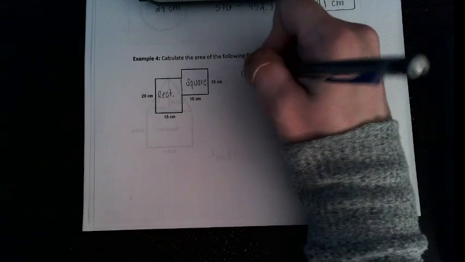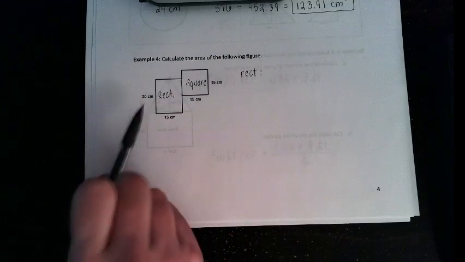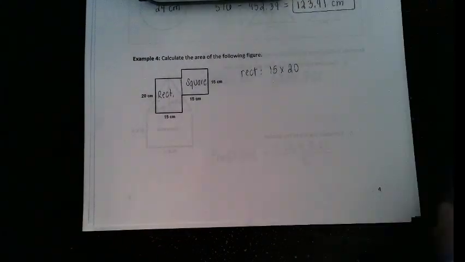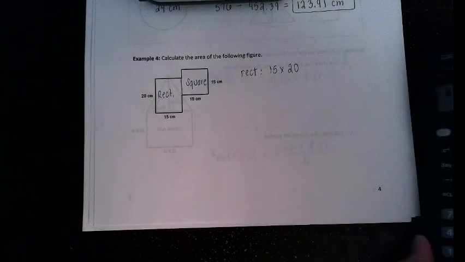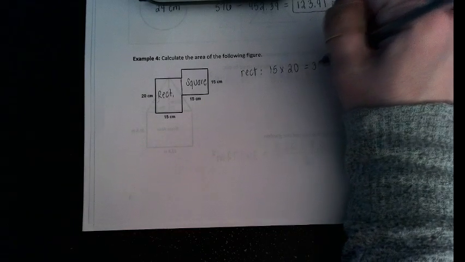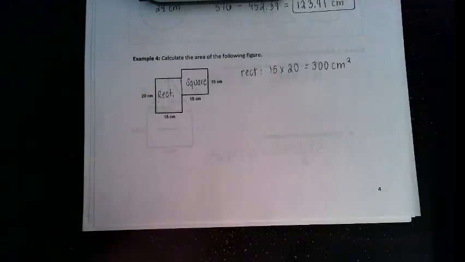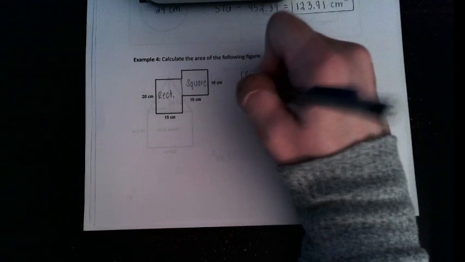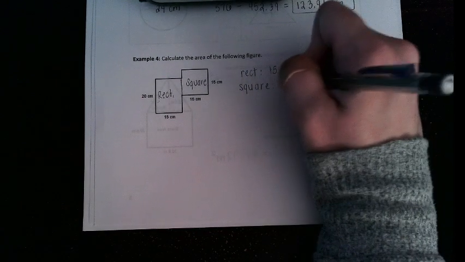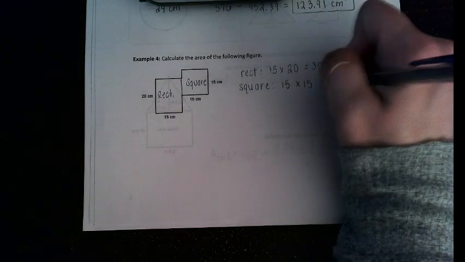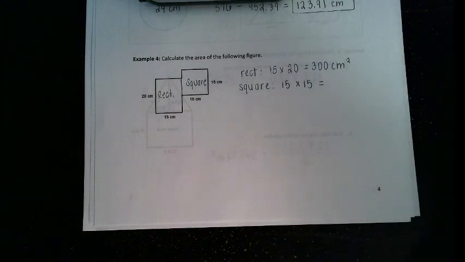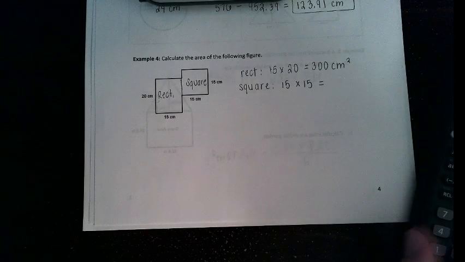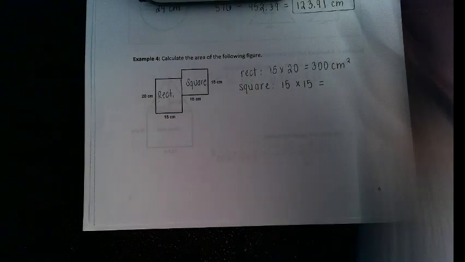So to find the area of the rectangle, we've got the length times the width, so 15 times 20, which is 300 centimeters squared. And then we've got the area of the square, which is 15 by 15. Is 225. I don't trust myself. 225